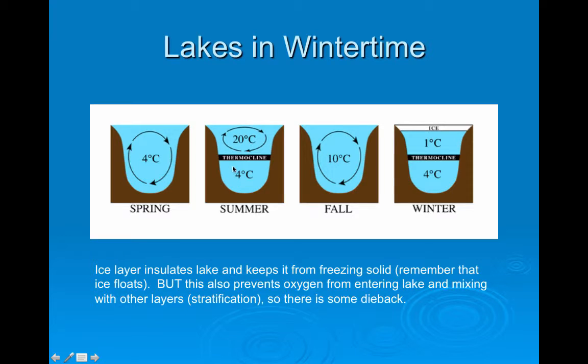Then you can see, although there's no ice here insulating in the summertime, you have a similar situation where you have a sharp division of temperature in the water, so you do not have, again, that oxygen circulation going on. Spring and fall is when the bottom layers are the most oxygenated by convection.